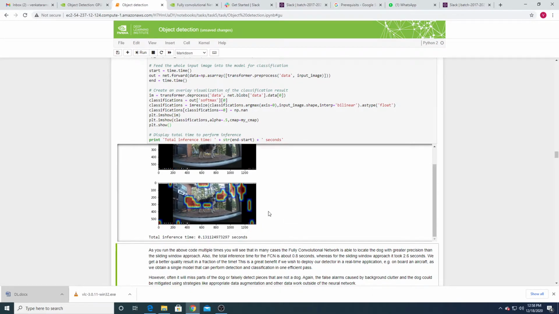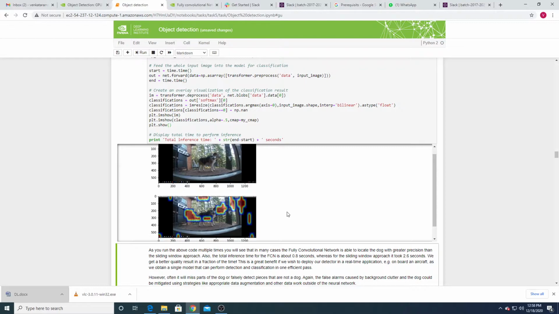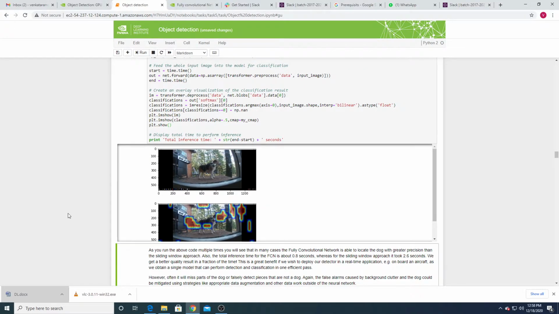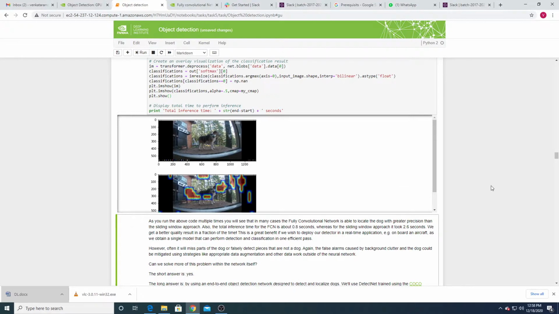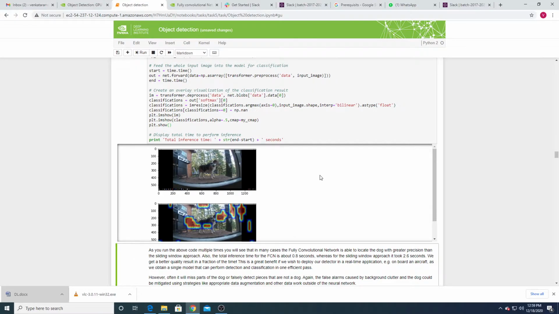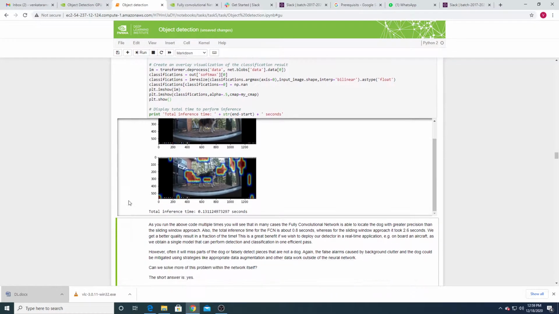See, this is not a sliding window type, but based on the convolution layer, so fully convolutional network. It is able to identify some parts of the object. Of course, in some sections where the object is not available it is showing wrongly, but most of the parts where the object was located, it was covered. The advantage of this is that it requires less computation compared to the previous case, the sliding window technique. So here we are using the fully convolutional neural network for object segmentation.